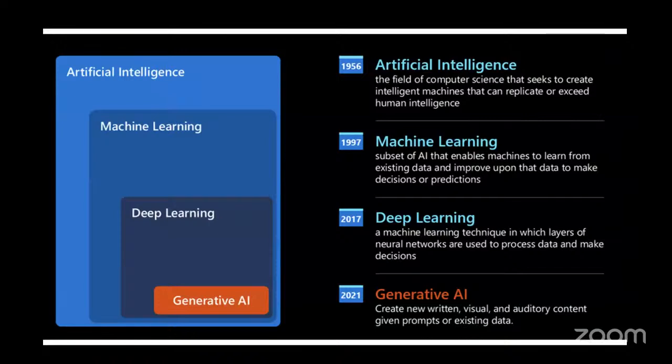The next iteration started in 2021-22, where we started building generative AI. Instead of building specialized models, for instance, a model just to do machine translation between a certain set of languages, some other model to do sentiment analysis, some other model to do spam classification, the next generation of models came into the picture which can actually do multiple tasks at the same time and also handle multiple modalities.